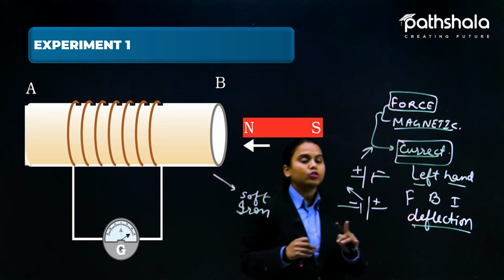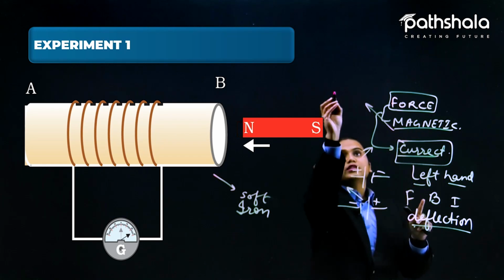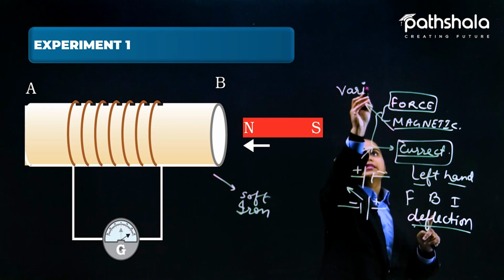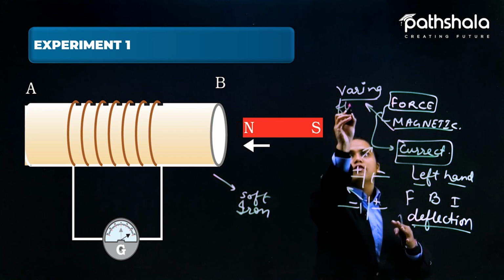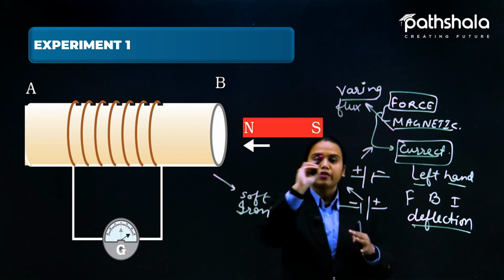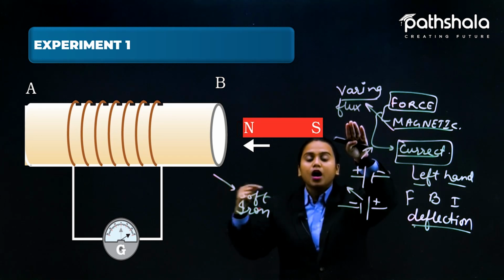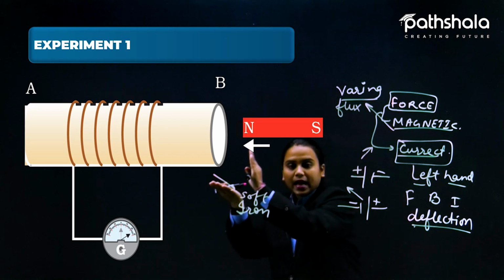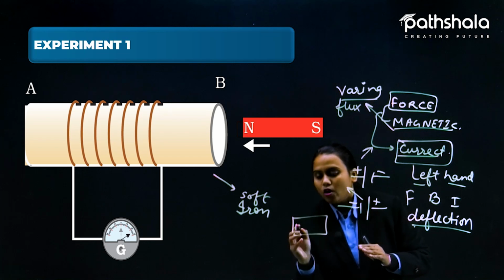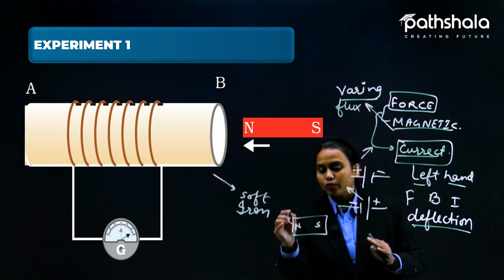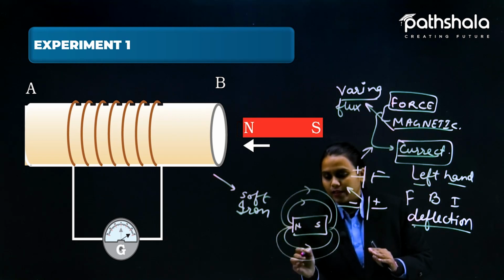One major thing to see here is that the magnetic field is not constant. It is varying, or changing simultaneously, like the magnetic flux. Flux means, I have already told you, magnetic flux means magnetic field. So magnetic flux is changing here accordingly, as we are putting it inside and making it outside. So here the magnetic field, like this is the north and the south pole, so from here to here, the magnetic field must be going like this,